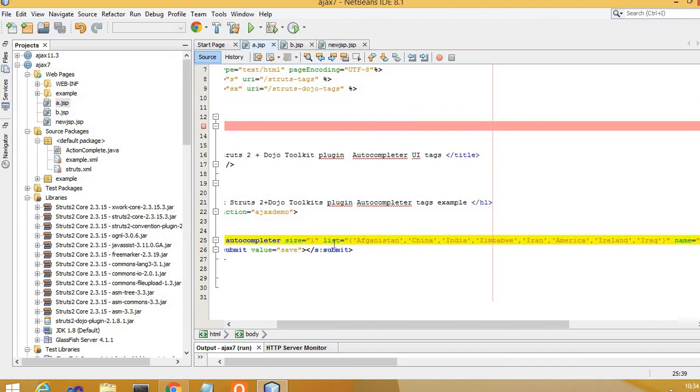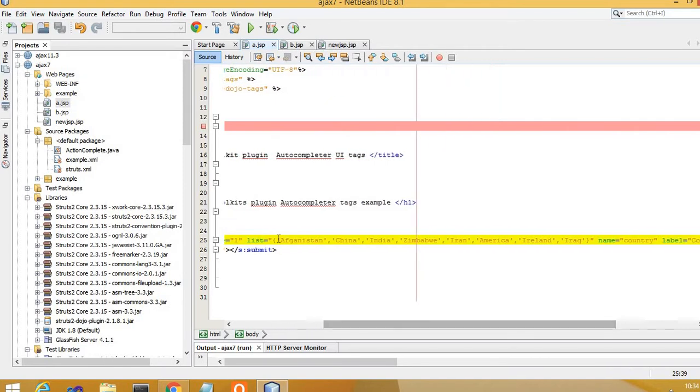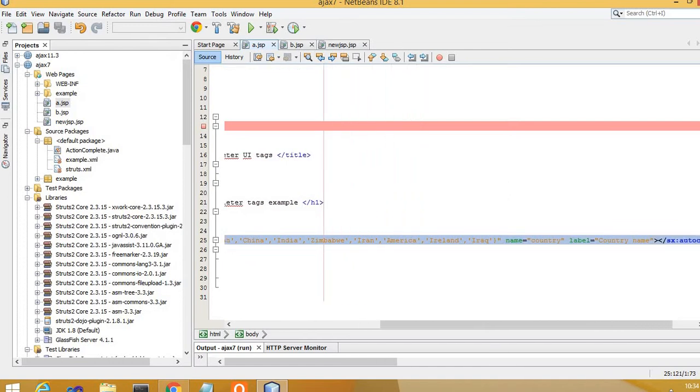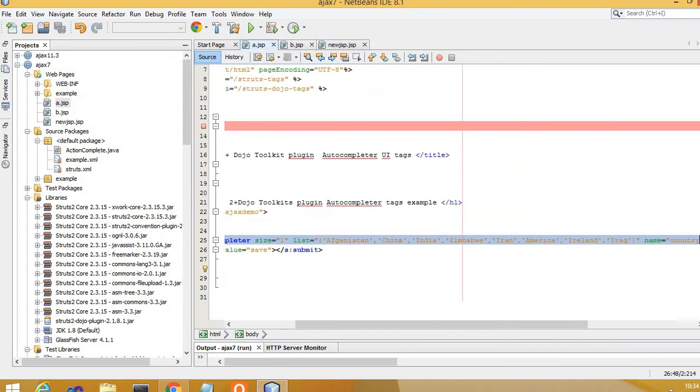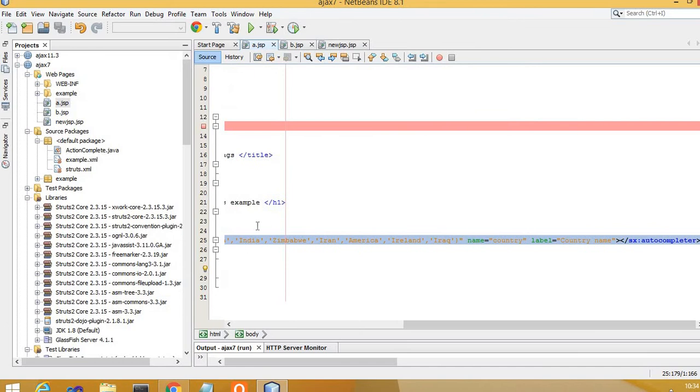Size equal to 1 means how many listings you want to be taken at a time. Then list is the list of various countries I have stored here: Afghanistan, China, India, Zimbabwe, Iran, America, Ireland, Iraq. Name is country, label is country name, and then just closing of this SX autocompleter tag.